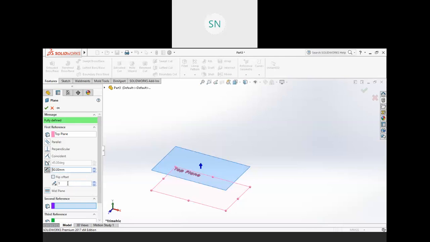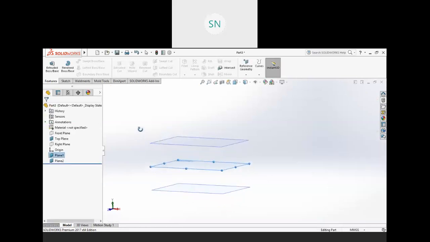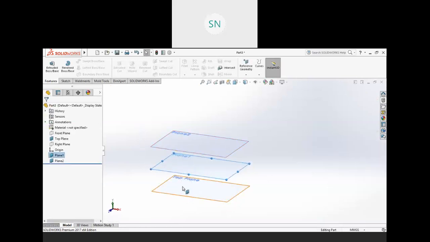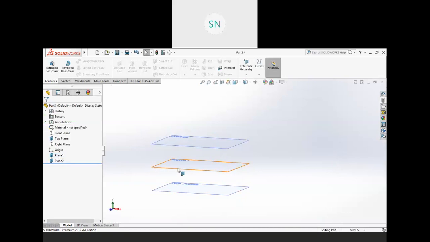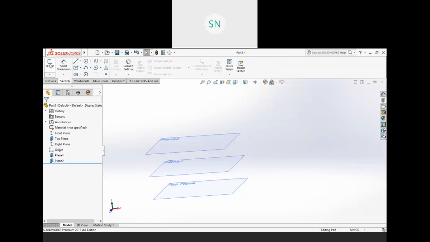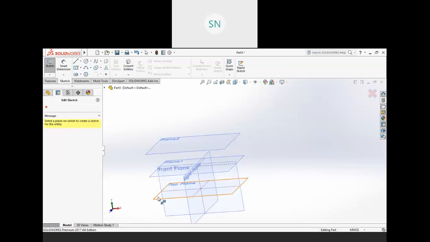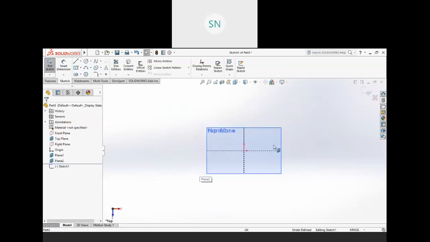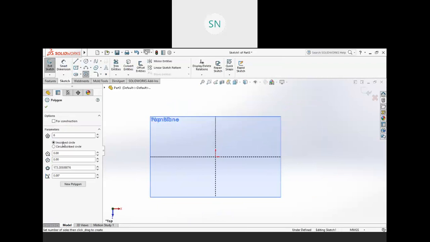So here we have linear pattern, see, for the offset plane. So type 2 over here, hit OK. So we have two parallel planes over here with the top plane, right, at a 50 mm gap. So I am creating one sketch. So click on sketch on the top plane, and here I am creating one polygon